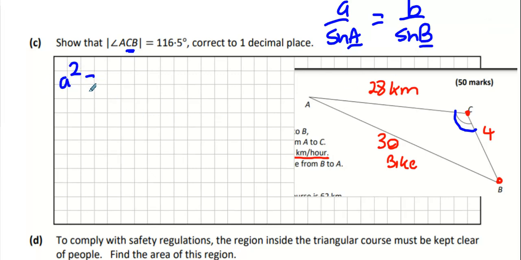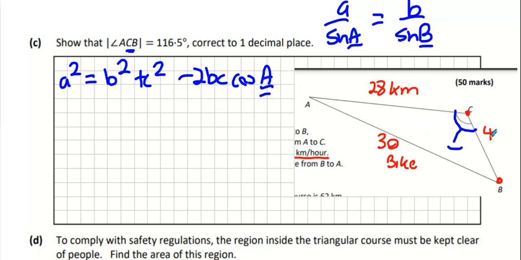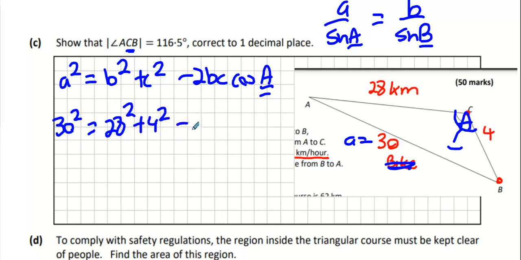This leaves us with the cosine rule. It's the only choice you're going to be able to use for this question. Now, the angle we're going to use is this one here. For argument's sake, this is going to be angle A, and this makes small a 30. So we're going to have 30 squared equals 28 squared plus 4 squared minus 2 times 28 times 4 cos